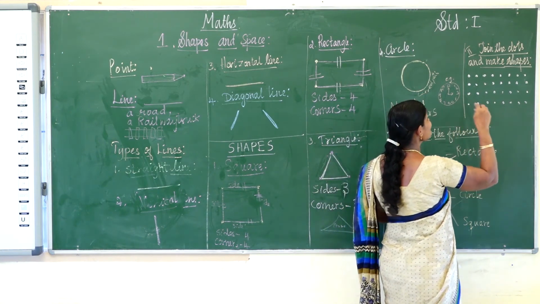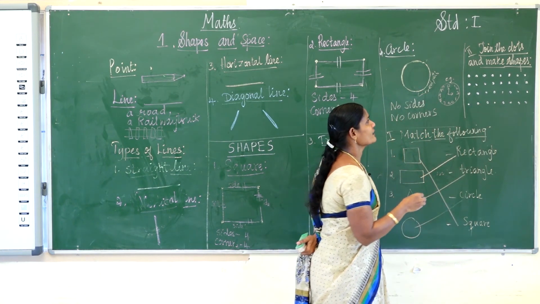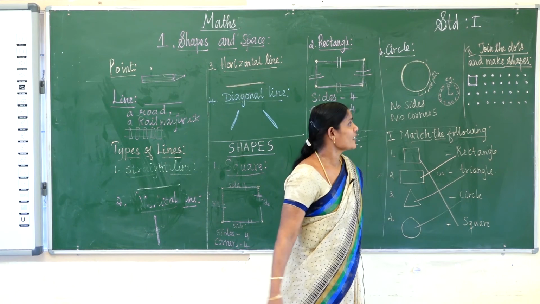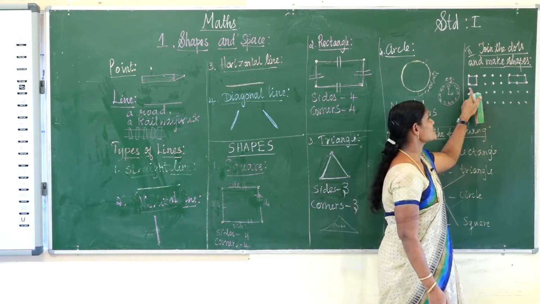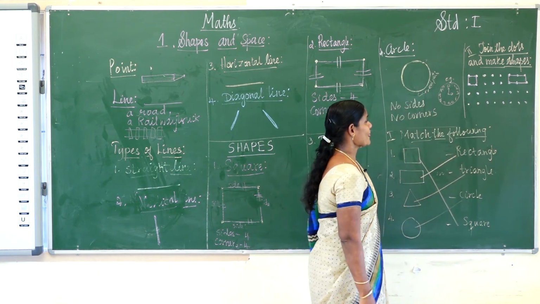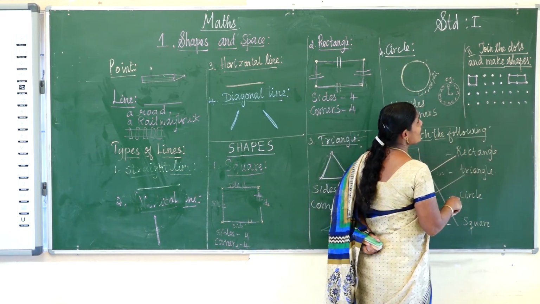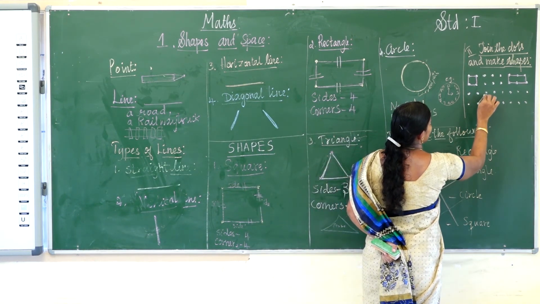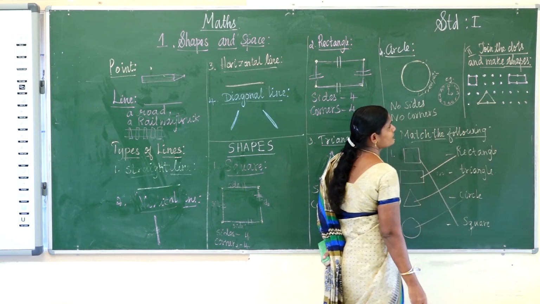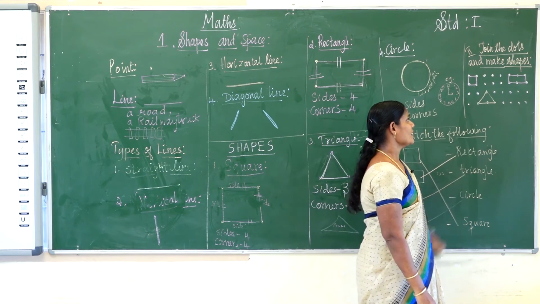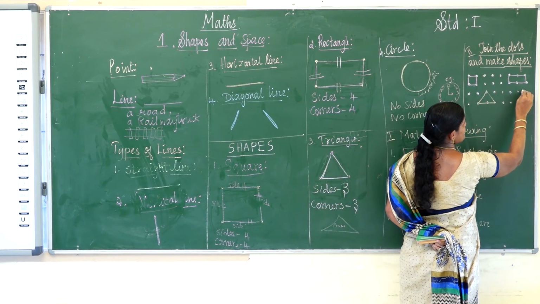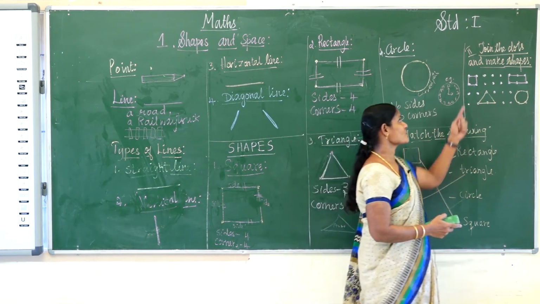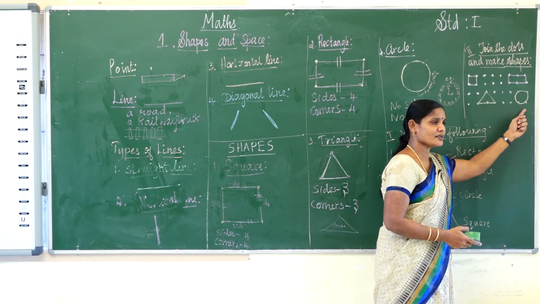Okay, first we create a square. How did you create a square like that? Okay, this is a square. Next we see rectangle. This is a square shape, this is a rectangle shape. Next you see triangle. How do you join a triangle? You have to join here like that. Okay, this is the triangle. Next you see circle. This is the circle. Okay, we get 4 shapes: a square, rectangle, triangle and circle.